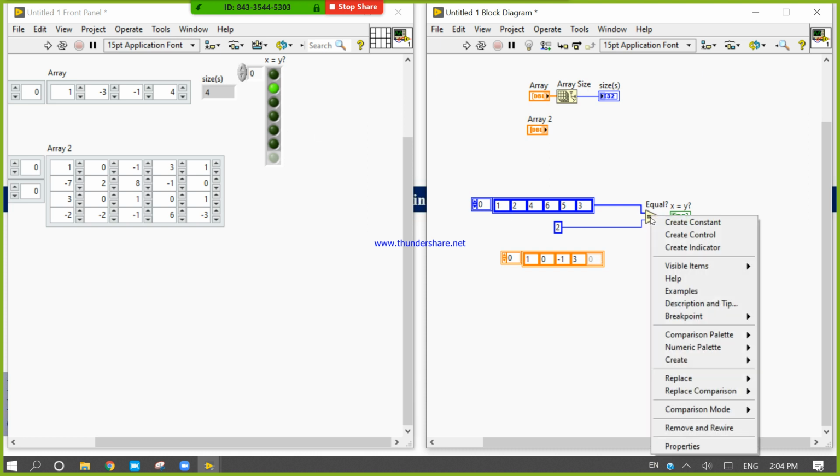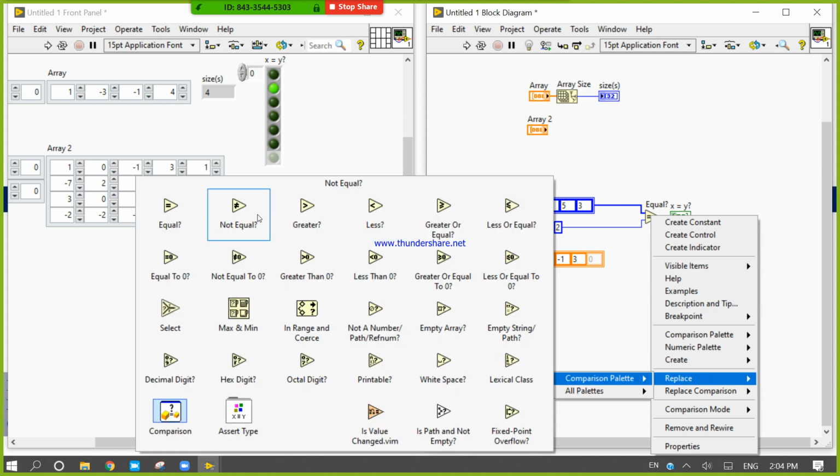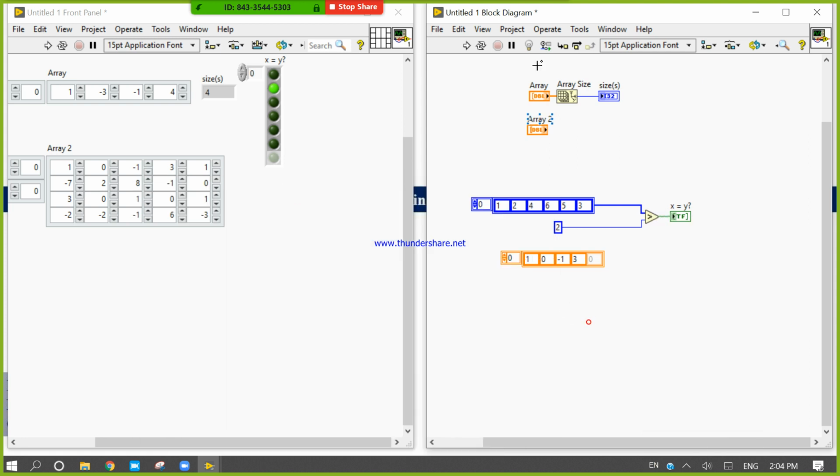If I right click and replace it with greater than, then 4, 6, 5, 3 are greater than 2.